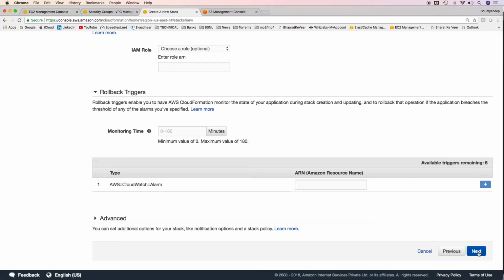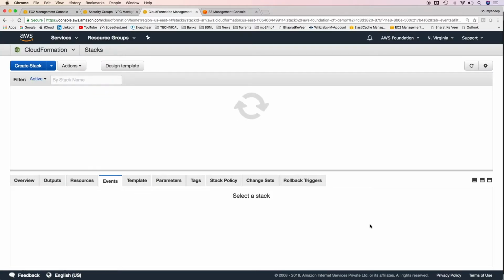This is to make sure that we do not have any version conflict or configuration drift when you create a CloudFormation template. If CloudFormation did not delete those resources, and if you forget to do so, you'll have some additional resources lying in your account charging you money. So that's why CloudFormation automatically deletes all the resources if creation of one of the resources fails. Click on next and then click on create.